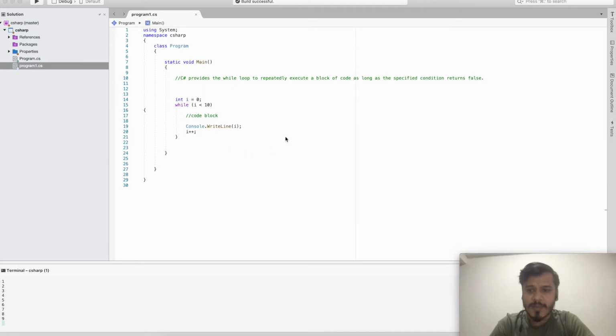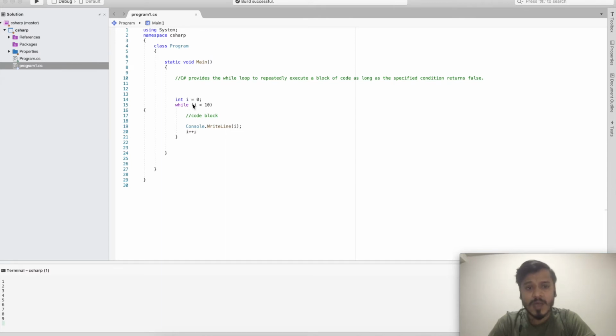So what exactly is happening inside this code? We have a variable I which is int type, and it is 0. Now I have a condition while I is less than 10. It will come inside this block, and it will print Console.WriteLine I. So it will print I every time, and each time it is going to increment I plus plus. Now say for example I is 0, we are coming inside this loop, then it is saying is I less than 10? Yes, I is less than 10. It will print I, then it will increment I. Now from 0 it will become 1.